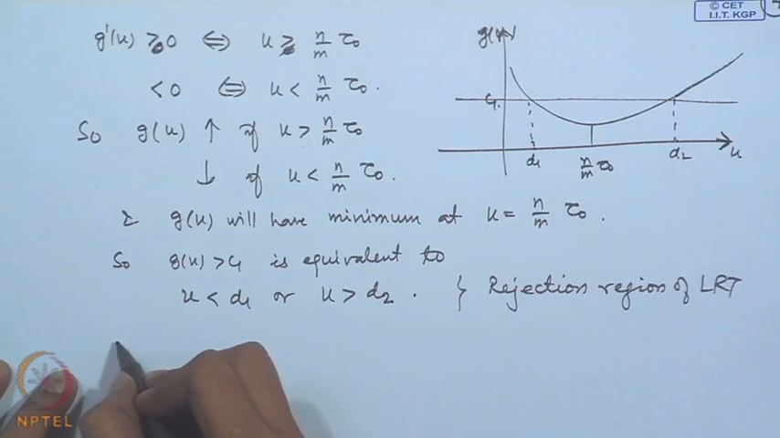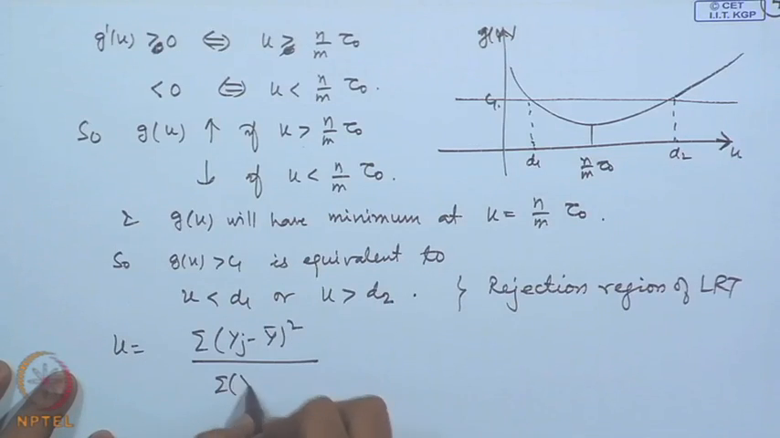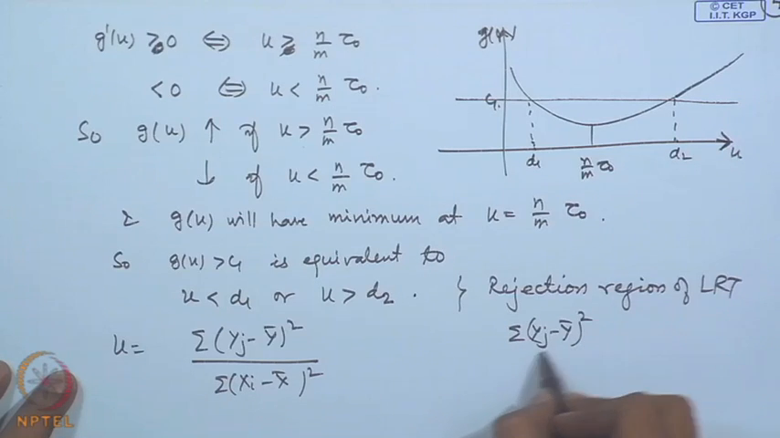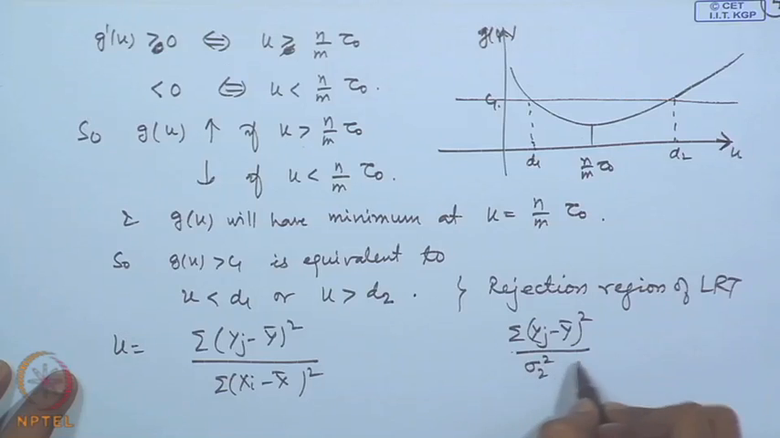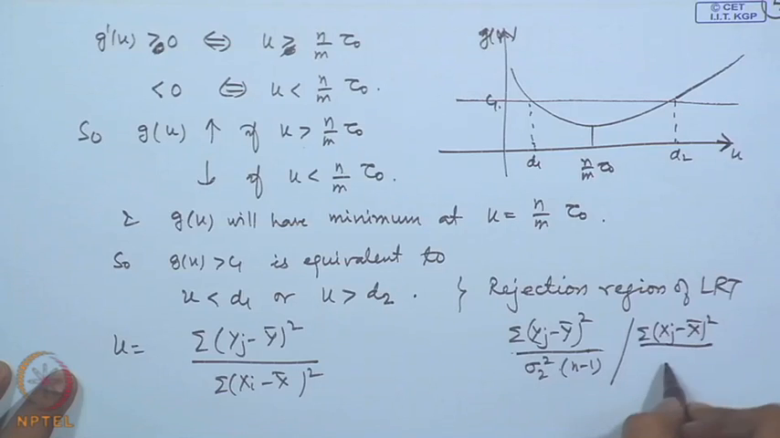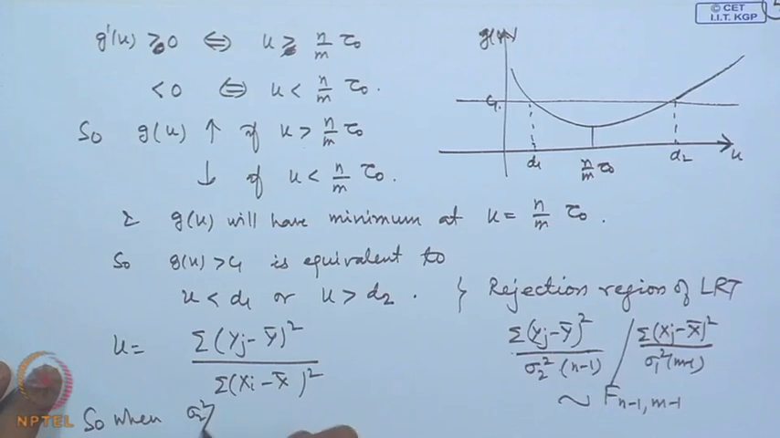Now, this quantity u is the sum of (y_j minus y bar) squared divided by the sum of (x_i minus x bar) squared. If we consider this, we have the sum of (y_j minus y bar) squared divided by sigma 2 squared and n minus 1, divided by the sum of (x_i minus x bar) squared divided by sigma 1 squared and m minus 1. This follows an F distribution on n minus 1, m minus 1 degrees of freedom. So, when sigma 2 squared by sigma 1 squared is equal to tau naught, that is, H naught is true,